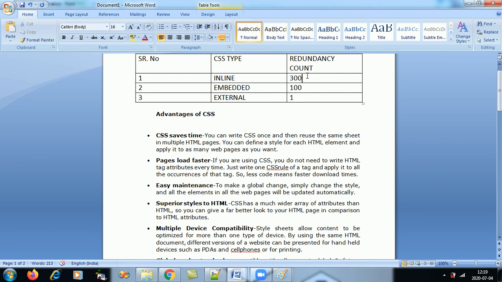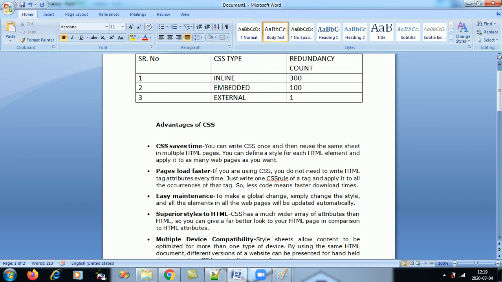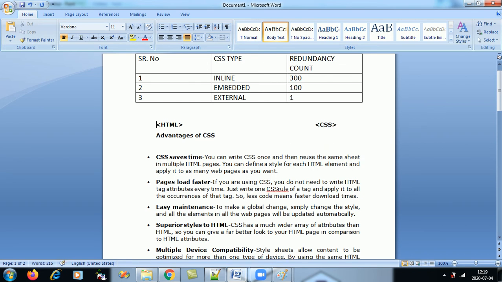If I was using only HTML, see, the tags of CSS and HTML are different. They might look similar, but they are not the same. HTML tags are different and CSS tags are different.